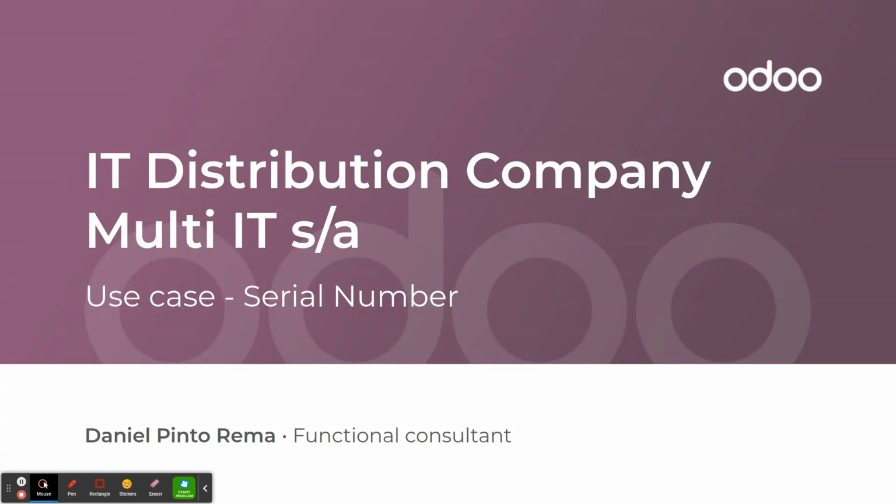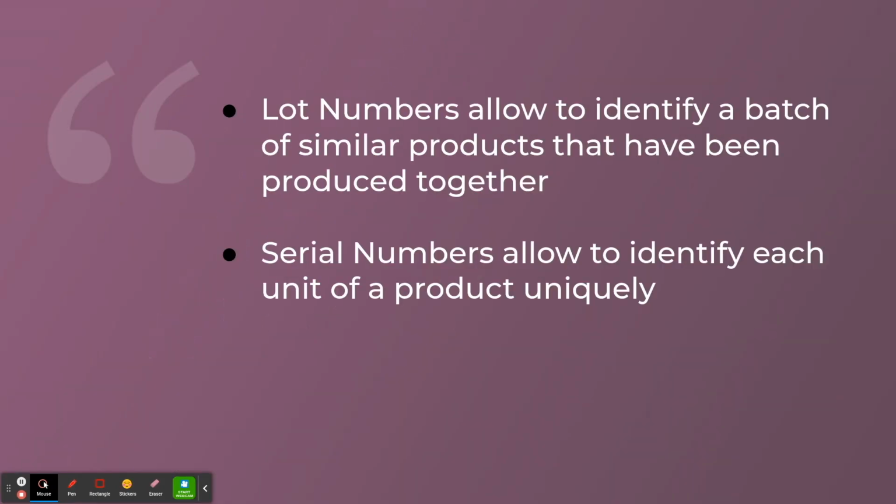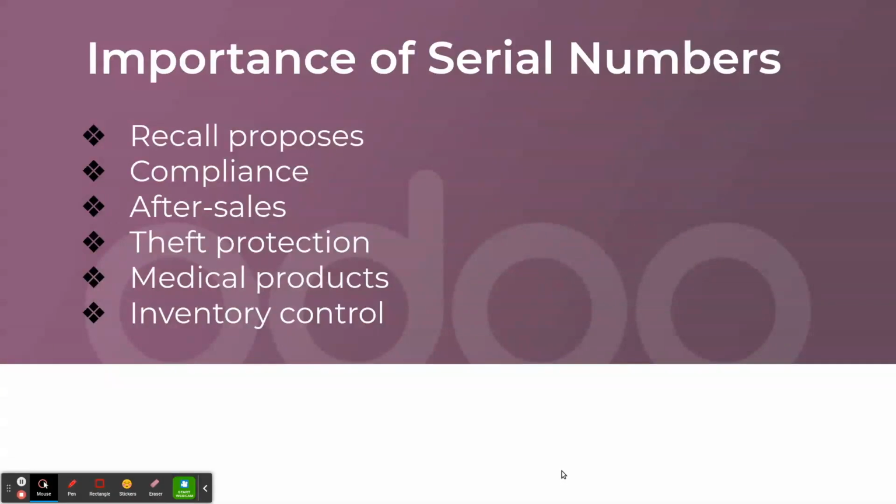Before looking into the multi-IT database, I would like to give you some concept on the difference between serial number and lot numbers. Lot numbers allow to identify a batch of similar products that has been produced together. Serial numbers allow to identify each unit of a product uniquely. Companies can use the serial number for different reasons: recall purposes, compliance, after sales, theft protection, medical products, and inventory